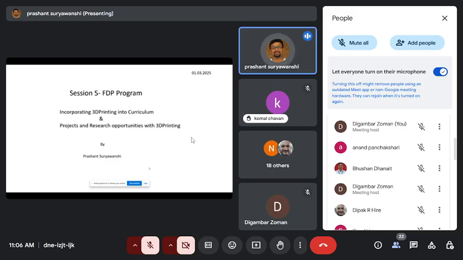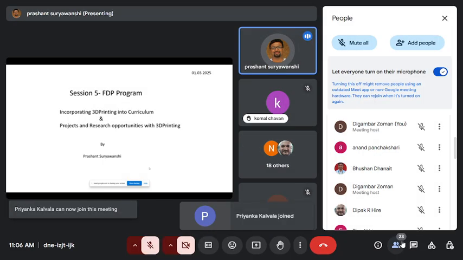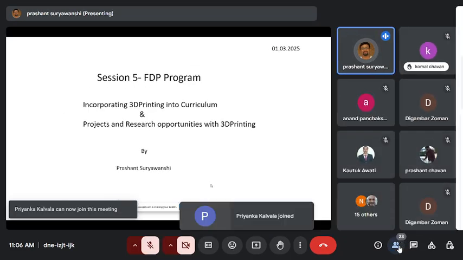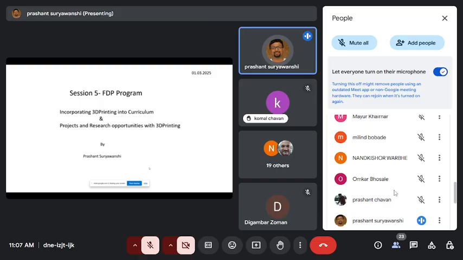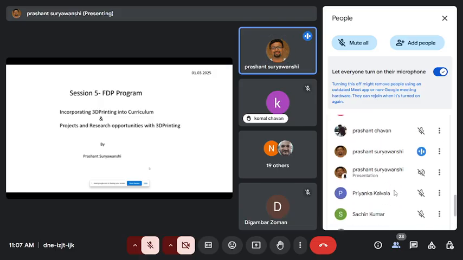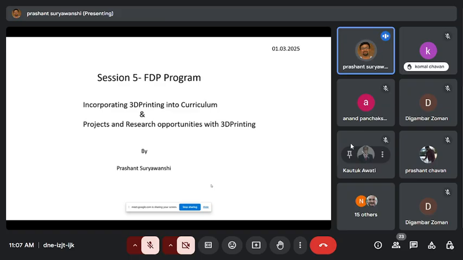I think for the last 2 days you have been continuing the sessions on 3D printing, and I hope you have enjoyed that. This is a cutting edge technology, and it is definitely going to create a paradigm shift in academia. That's why today's session is important.